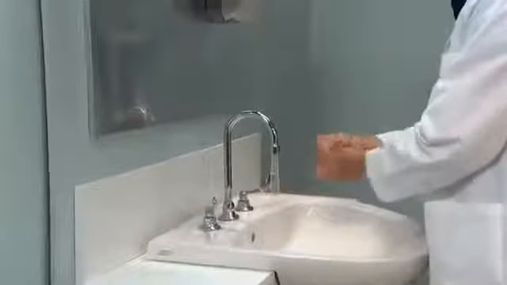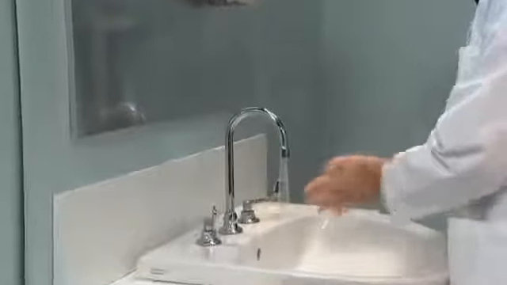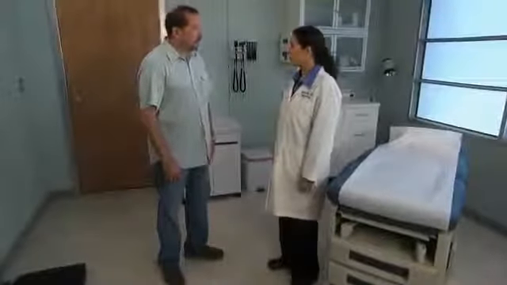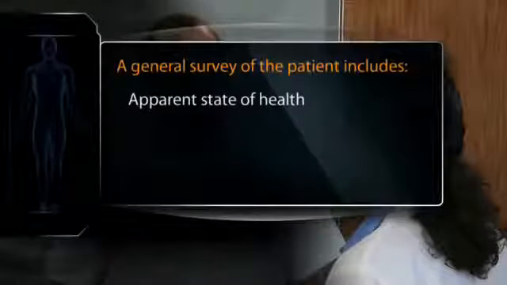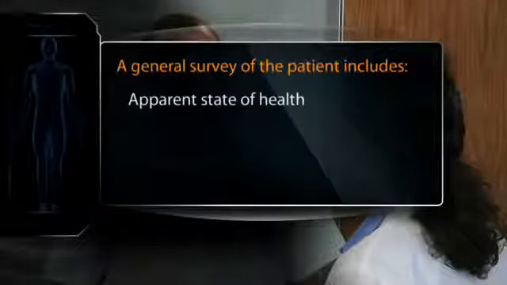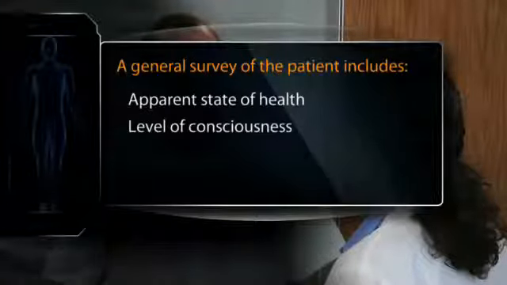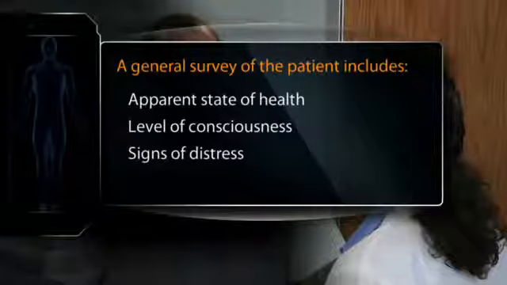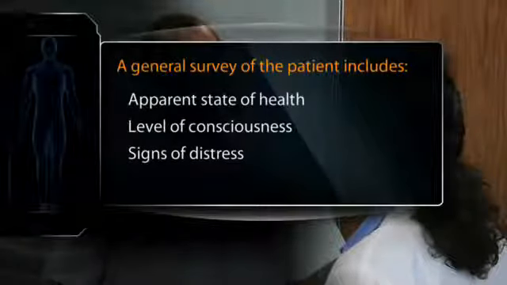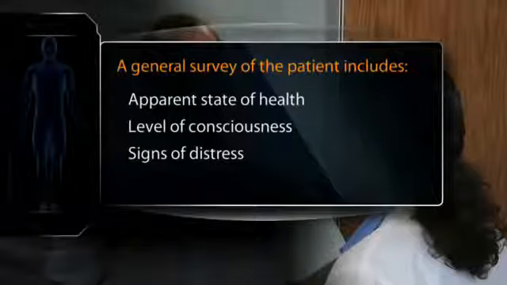With the patient's health history in mind, and after good hand hygiene, you are ready for the general survey. Through study and repetition, the examination will flow more smoothly, and your technique will become more proficient. Typically, the physical examination begins with the general survey of the patient. This includes apparent state of health based on observations throughout your encounter, level of consciousness, is the patient awake, alert, and responsive to you and others, signs of distress, does the patient show evidence of cardiac or respiratory difficulties, pain,